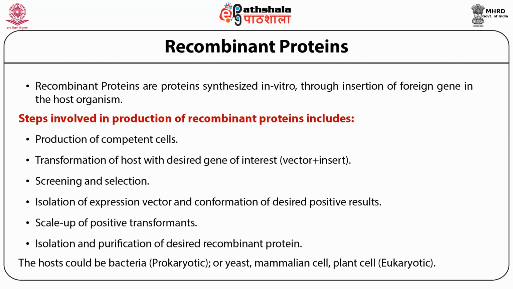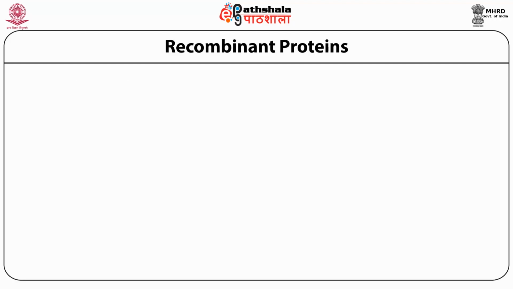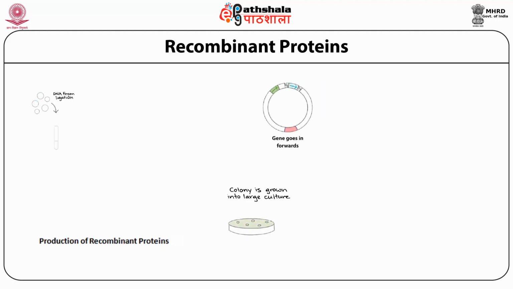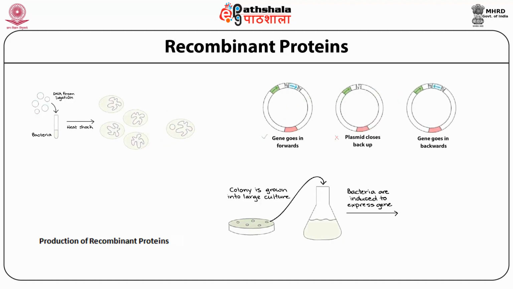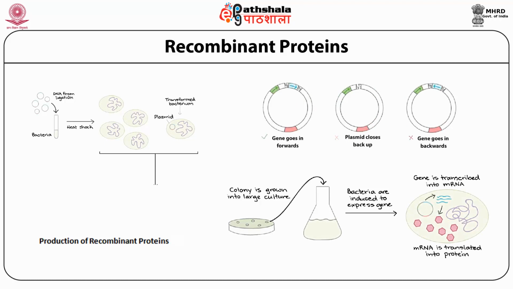Prokaryotic hosts include bacteria, while eukaryotic hosts include organisms like yeast, mammalian cells, and plant cells, etc. Let us now discuss an outline of how recombinant proteins are produced in host cells, for example, a prokaryotic host